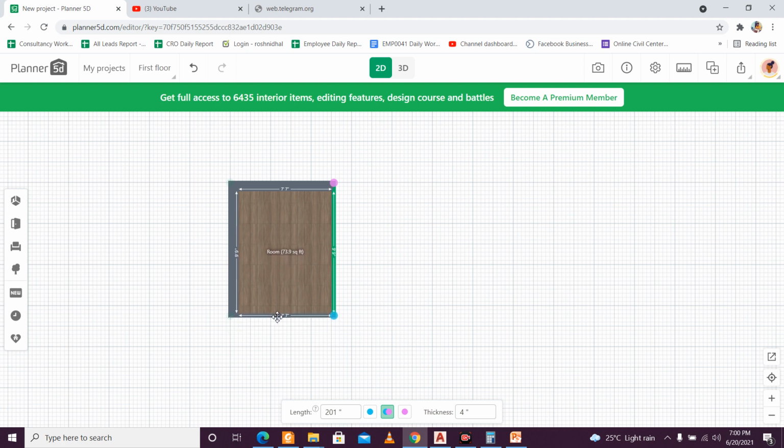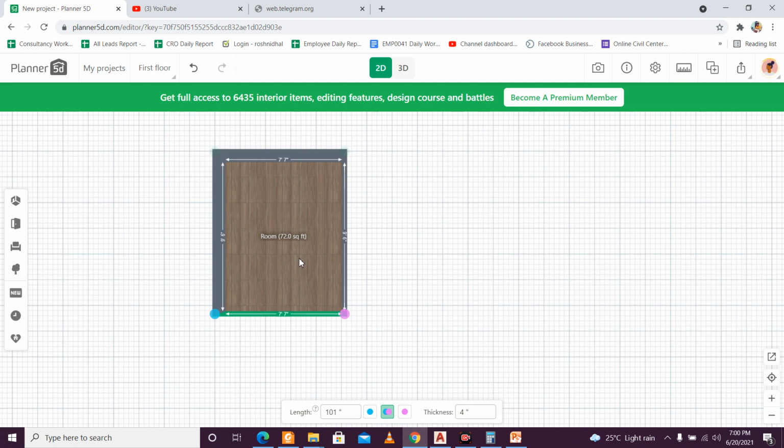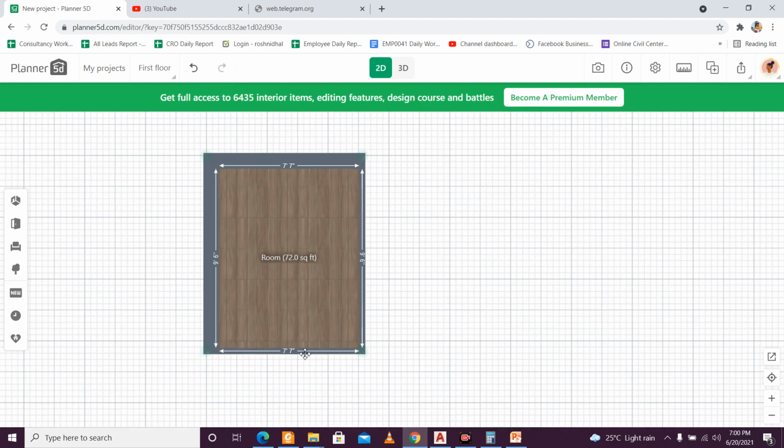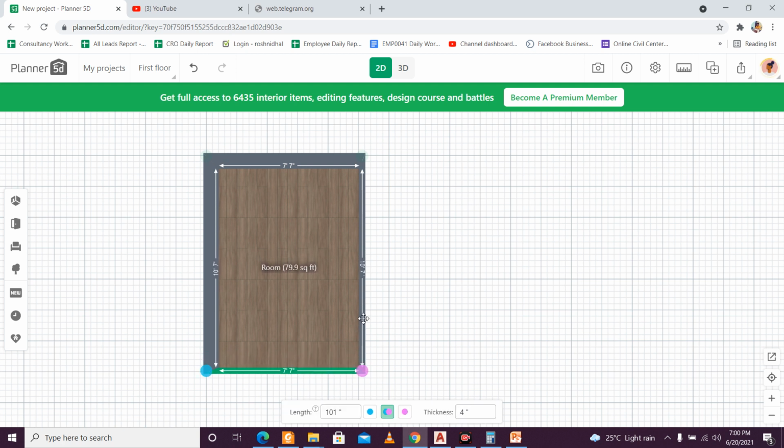So if I want a kitchen of, let's say, 10 feet by 11 feet 7 inches, let's try to do that. We can also insert the value as well, but here it seems pretty comfortable doing it this way. So this will be our 11 feet 7 inches, and this one will be 10 feet.